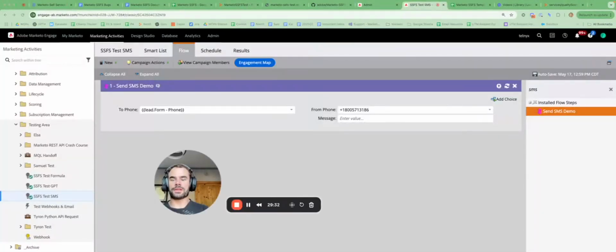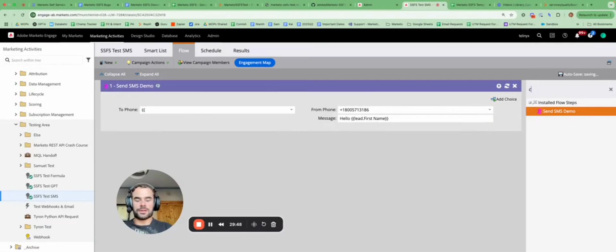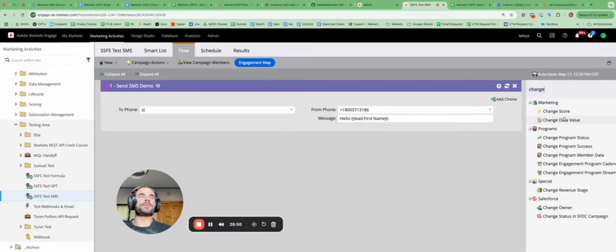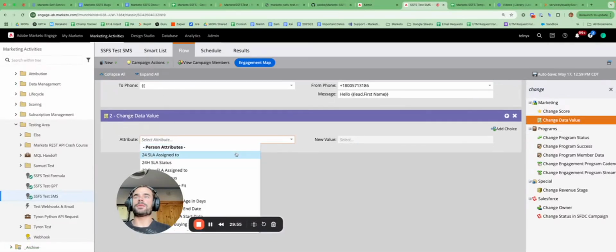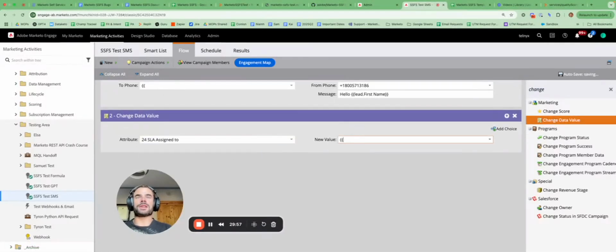And then the message, I just want to say hello lead first name. And while I'm here, I'll show you another error or another bug with self-service flow steps. Nothing appears here. There's no hint text here. So let's look at change data value, for example. If I pull in, let's say, just pull in SLA assigned to. If I do this here,